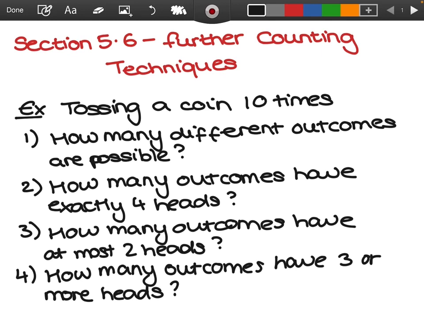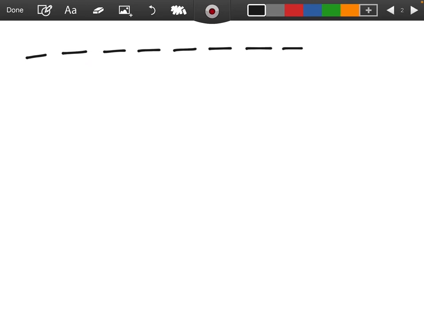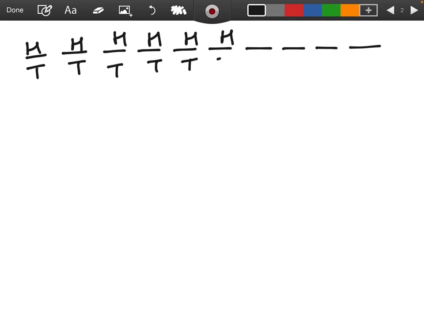Okay. So the first problem asks how many different outcomes are possible. Let's think about exactly what outcomes there are. So we know that there are 10 different trials that we are undertaking here. So each time we toss the coin, that is seen as a trial. And each time we can have heads or tails, heads or tails, for all 10 of these. So each one